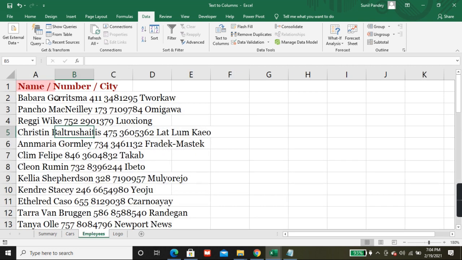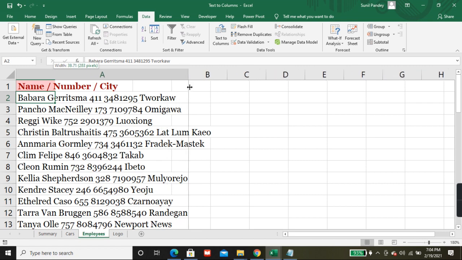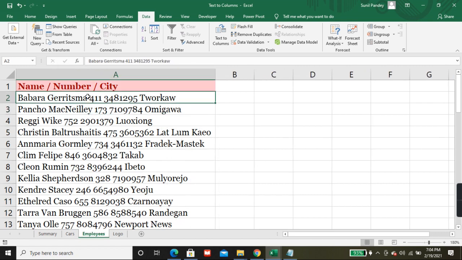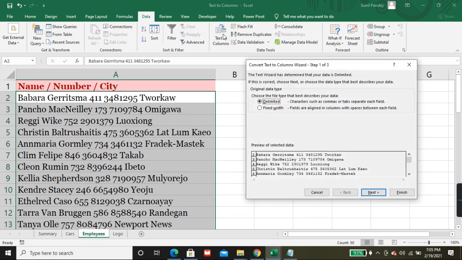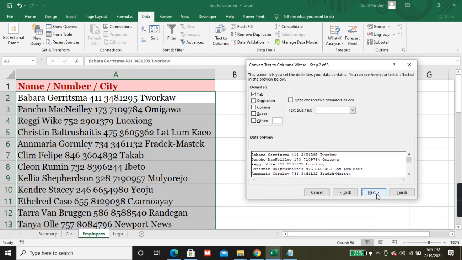Now we have this type of data, so we will see the second one. I'll select this and click on Text to Columns, and this time I'll select delimited. Next, and you can see there are options: tab by default, semicolon, comma, space. If you select Other, you can choose hyphen, asterisk, anything.